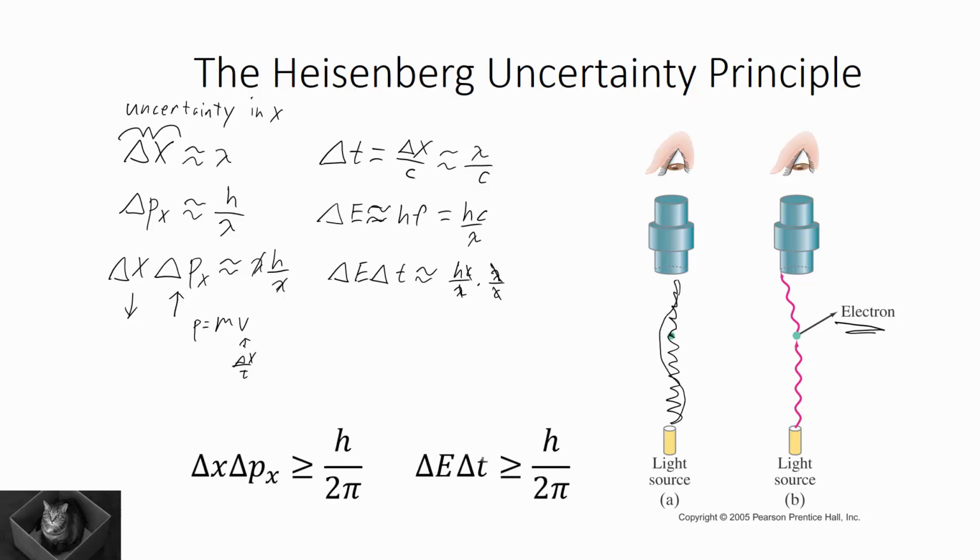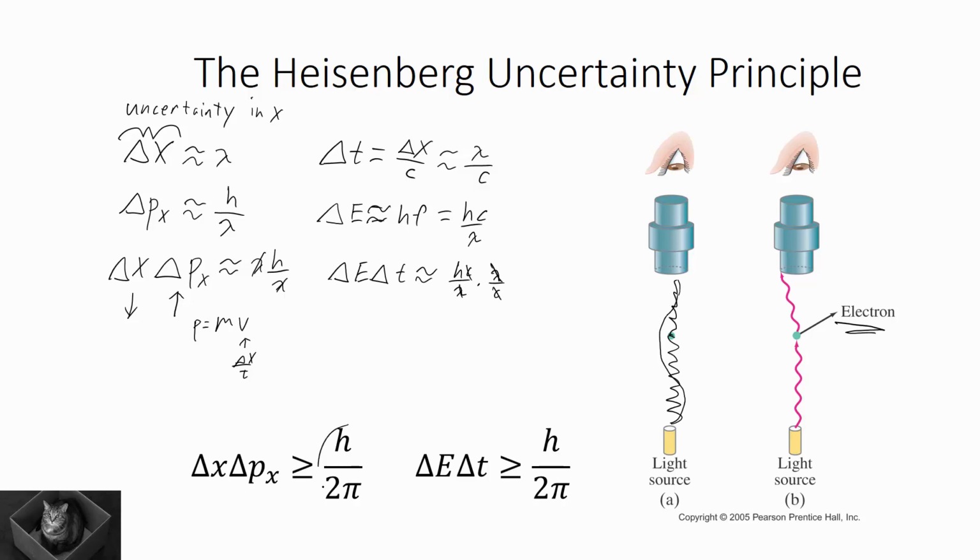And it turns out if you do a more rigorous derivation of these relationships, you get that the uncertainty is a little bit less than h. It's Planck's constant divided by 2 pi. So this is a number greater than 1, so it's a little bit less. And it can be greater than that. This is just the lower limit on the uncertainty. I mean, we could know absolutely nothing about either of these things, so it's between Planck's constant over 2 pi and infinity, I guess. You could have infinite uncertainty.